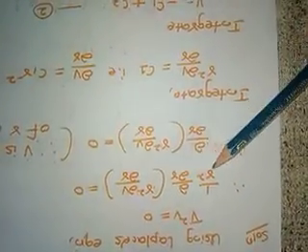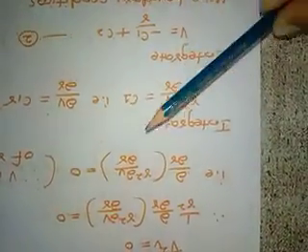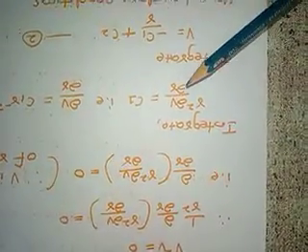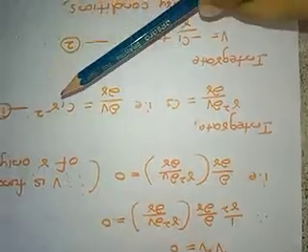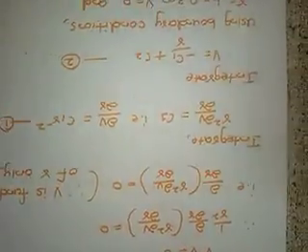Here 1 upon r square cannot be 0, so we get only r square dou v by dou r equal to 0. If you integrate that, you get r square dou v by dou r equal to c1, or dou v by dou r is equal to c1 r to the power minus 2. Take it as equation 1.